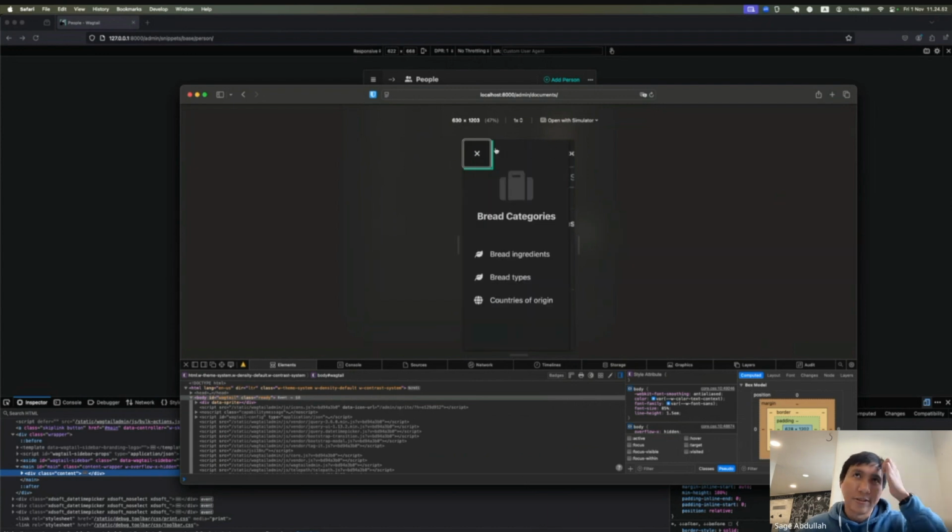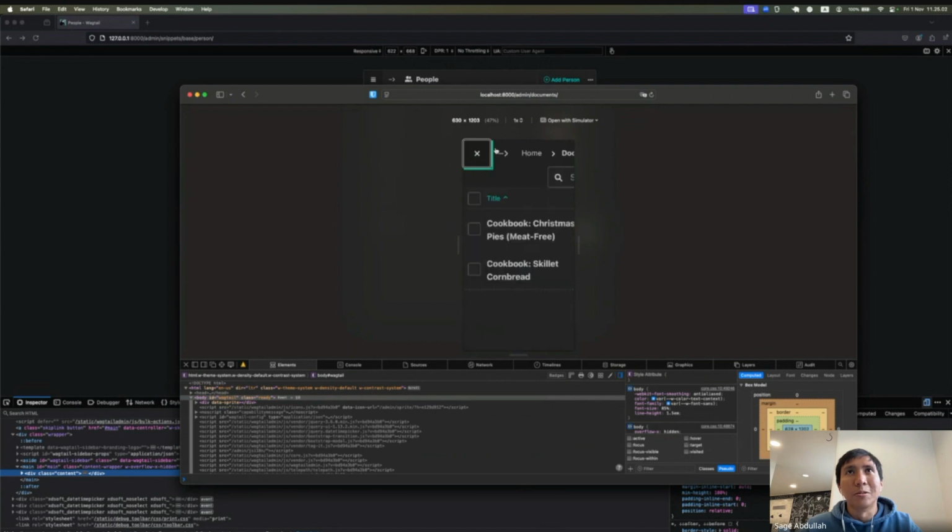So that's the actual button on the main menu. That's why when I click this, it closes the whole thing. But technically, if you click it,